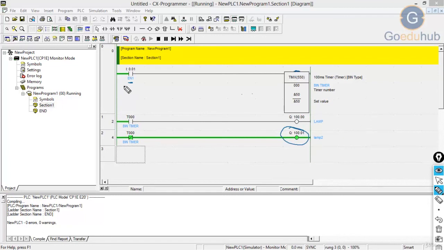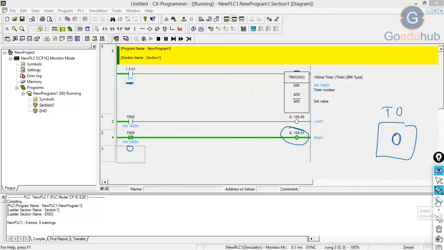What is the reason? As this enable switch is in off state, your timer X is not high. It is also in off state, it is inactive. That means the T0 bit is getting value 0. If you give 0 here, it will pass the supply and your lamp 2 will glow.